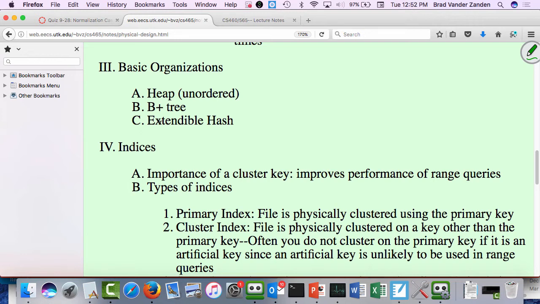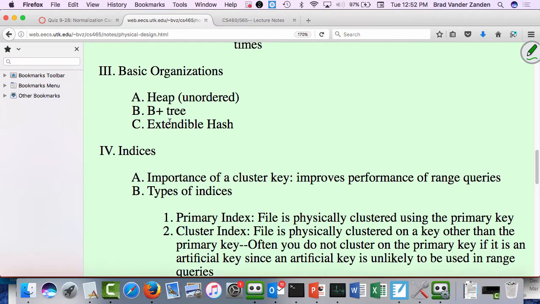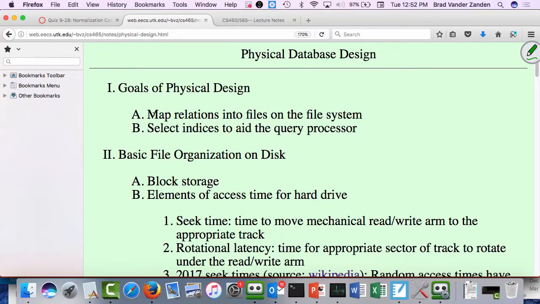So we will probably get a little bit to B+ trees today. We'll finish them on Tuesday, and we'll also start and finish extendable hashing on Tuesday. So that's one thing we have to do, is map relations generally into one of those 3 types of files. Generally, your database management system will give you a choice of file type, and based on the characteristics of the